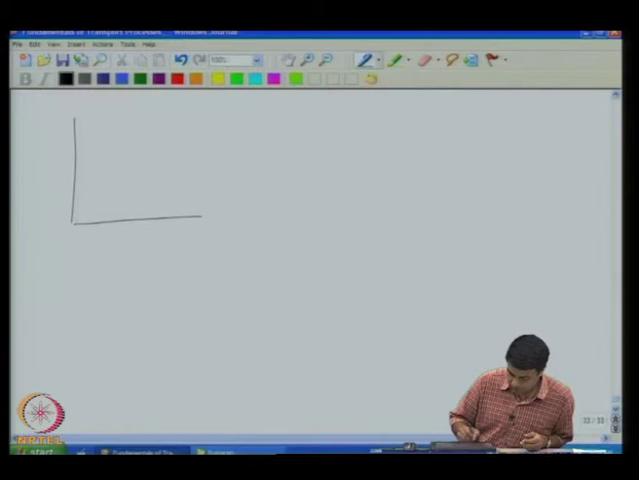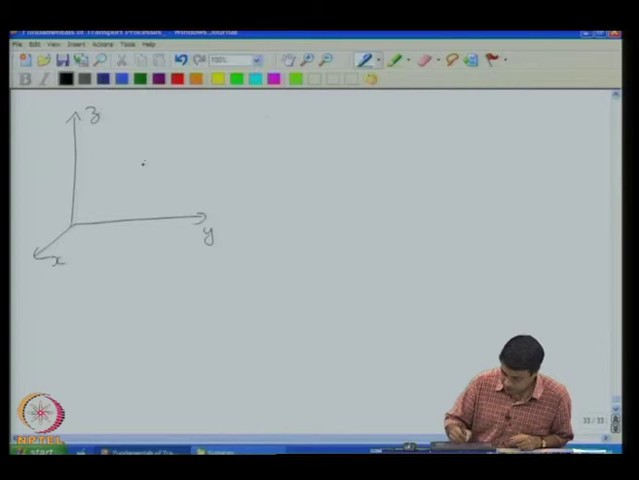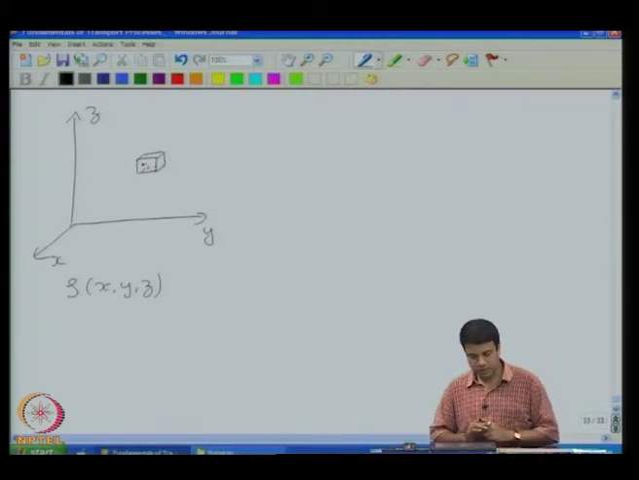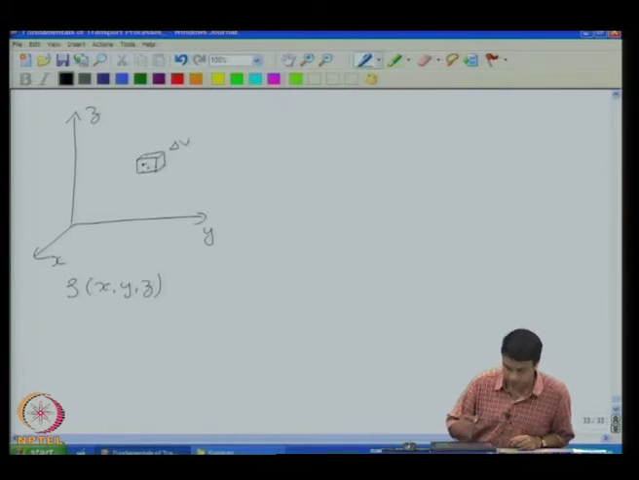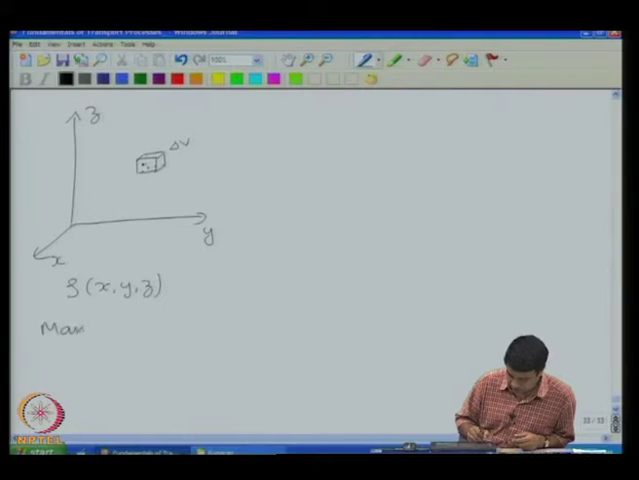So, how do I define the density field? At a point, if I wanted the density at location x, y, z, I construct a small volume around this location x, y and z. Around this point, I construct a small volume delta V, and I find out how many molecules are within this volume delta V. So, the total mass within delta V is equal to the number of molecules times the molecular mass,